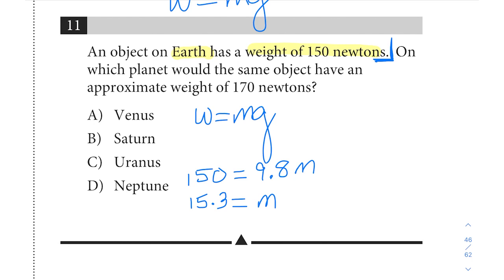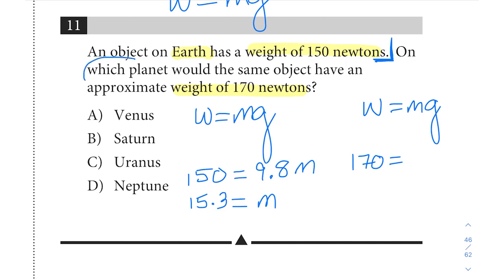Okay, so let's take a look here. It says, on which planet would the same object have an approximate weight of 170 newtons? Okay, so now we have a new value, which means we're likely going to have to apply that value to this same formula, but we're going to do it a second time. We're still dealing with W equals mg, but now they're changing up some of the values, but some of the values might stay the same. Let's see. 170 for W